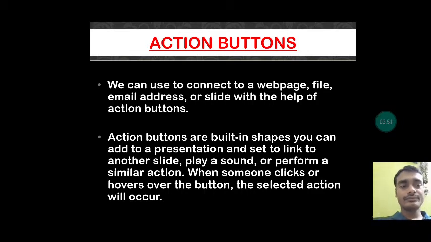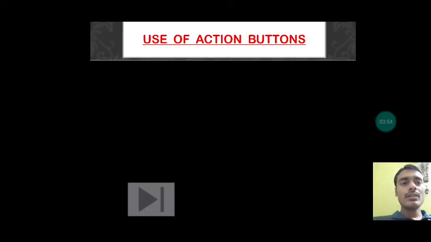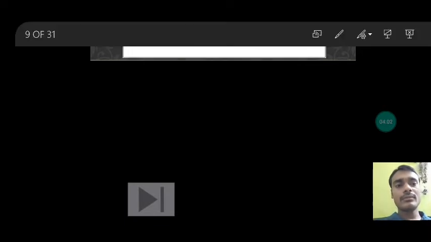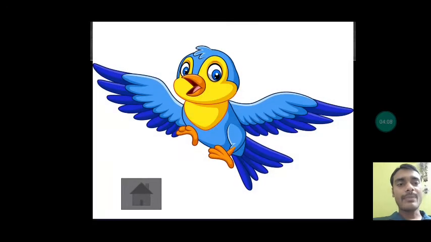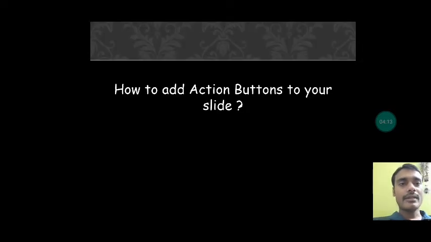Now, use of action buttons. Suppose this is your action button and I am pressing it. You can see the first page is appearing here. Okay, the next page, and then you will learn how to add action buttons to your slide.